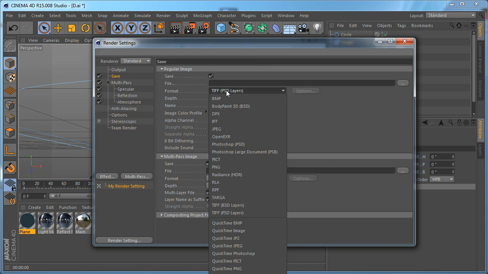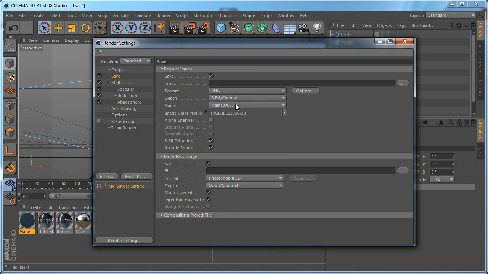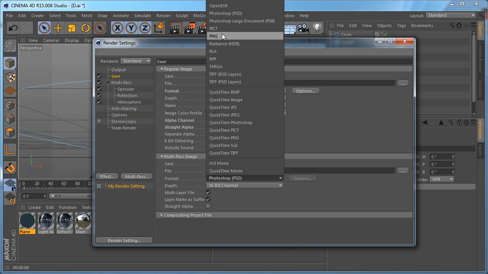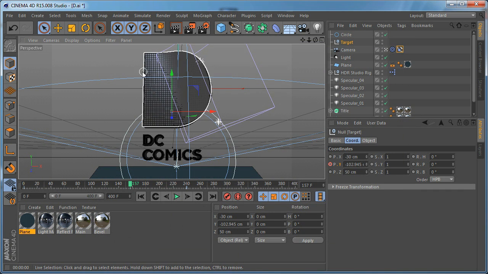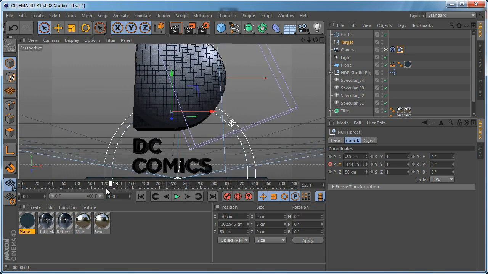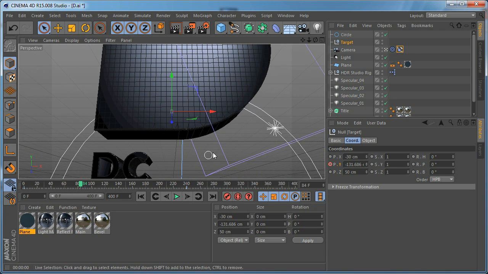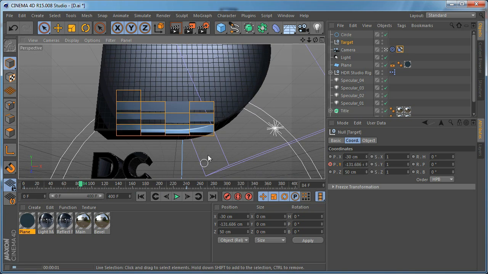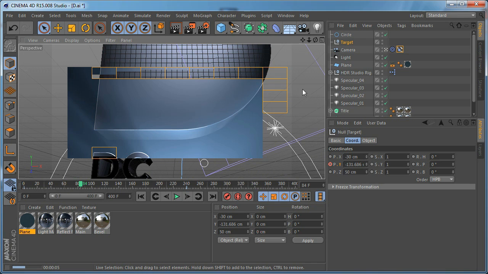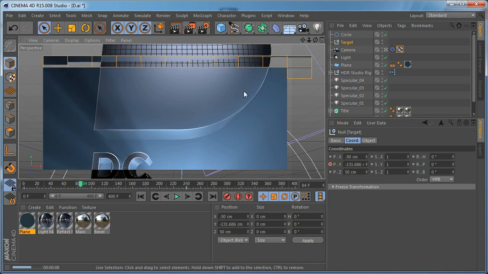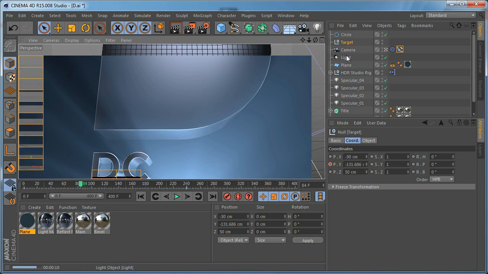And let's set this to PNG sequence with alpha channel, and this one as well as a PNG sequence. And I'm exporting these passes because most of the things I have here are specular, reflection, and I'm exporting the atmosphere effects for the volumetric white in the background because I want to apply some noise, fractal noise animation on it, like a fog, and I don't want to create this here in Cinema 4D